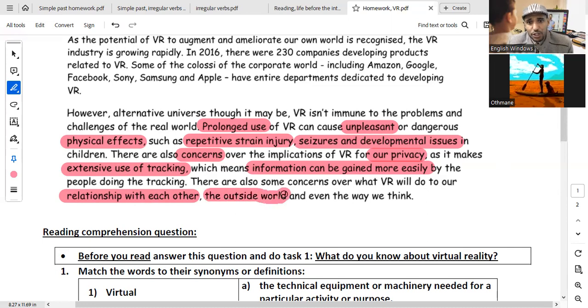The outside world, as you said before, you may disconnect from reality, having some kind of schizophrenia, a problem in your own personality. You are living in two worlds. You can't make a distinction between the real world and the virtual world. Or maybe some children might imitate what they are doing in their virtual reality. They may just imitate that and do it in the real world, because it becomes just easy for them. Do you understand this idea, Othmane?